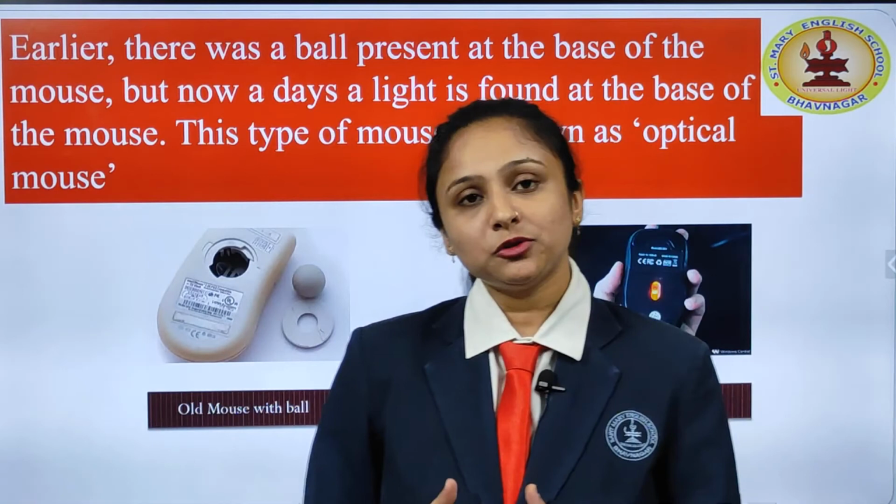Now, come to the last one, the scroll button, which is in the middle of the left and right buttons, that is a wheel. The small ring between the two buttons on the optical mouse is known as a scroll button. Here you can see a scroll button which I have highlighted with red color, and you can move it up and down. We can scroll the information up and down using this button, and this is known as scrolling. It can be asked in your exam, so please do learn it very nicely. What is scrolling? A ring between the two buttons on an optical mouse is known as a scroll button.